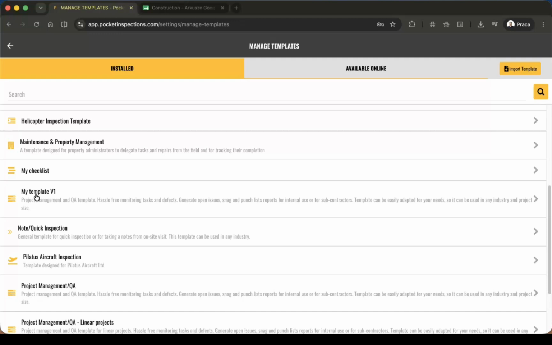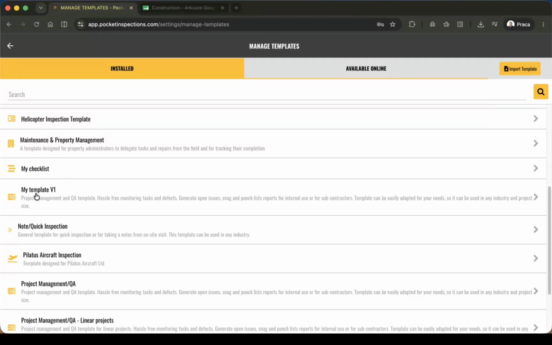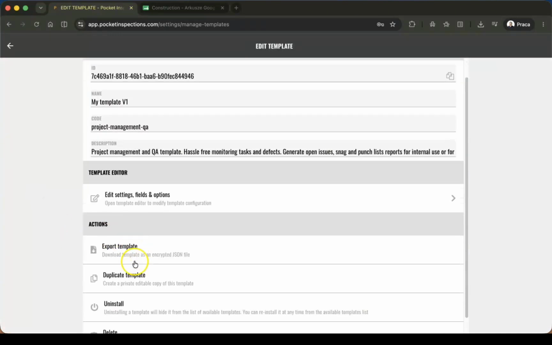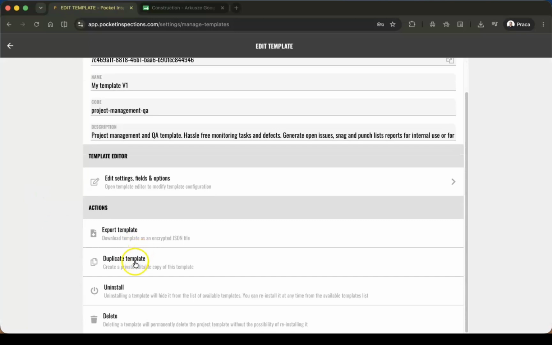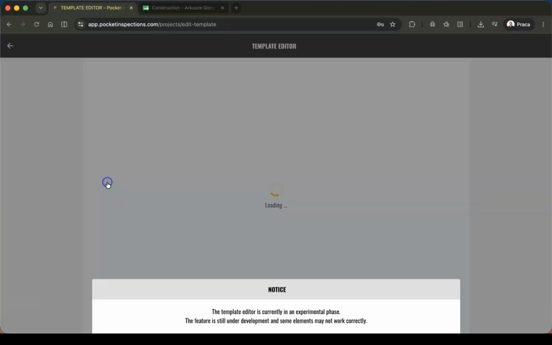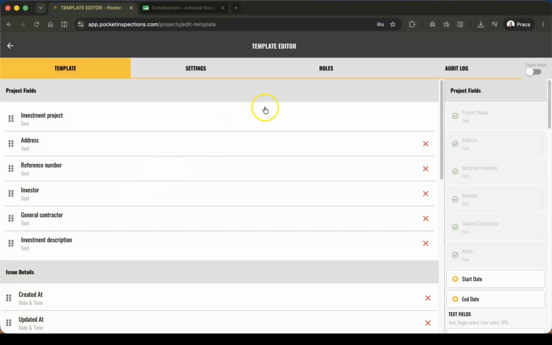From here, we can also edit the template. Several settings are available. We can export the template, duplicate it, uninstall it, which moves it to the Available Online tab, or delete it completely. Let's open the template editor. As you can see, the only difference between the project-level template editor and the system template editor is the Roles